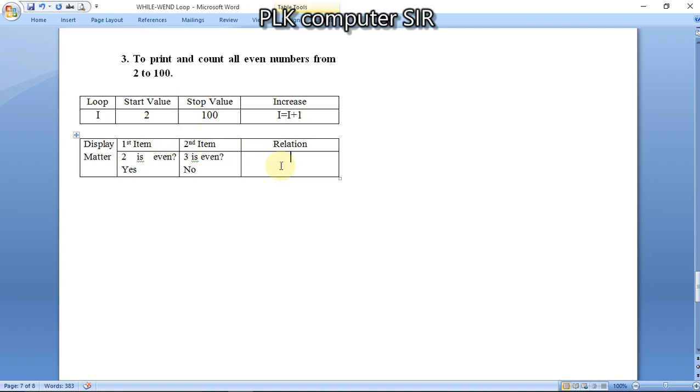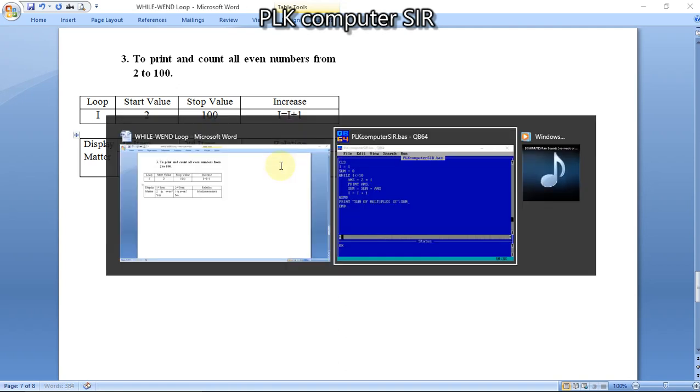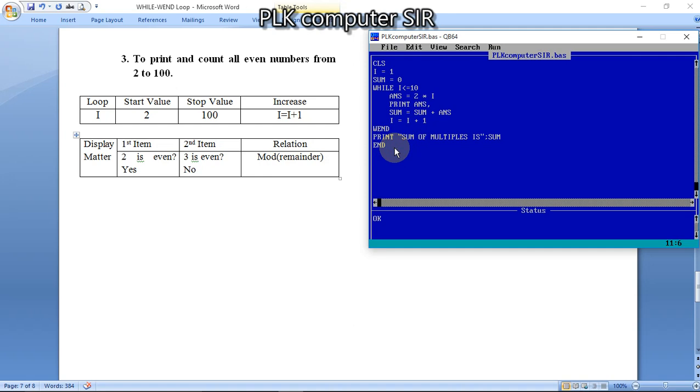First thing we have to detect is whether the coming number is even or not. For that we have one arithmetic operator called mod. Mod will give the remainder. So the mod function, I will explain to you guys. Suppose here n equal to 2. Now we will check answer equal to 2 mod 2. Then we will print answer.